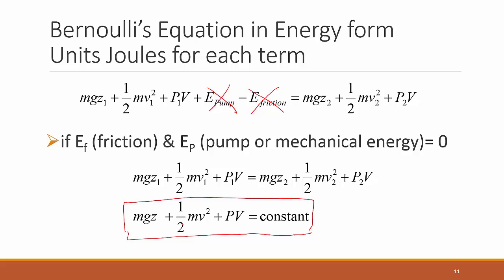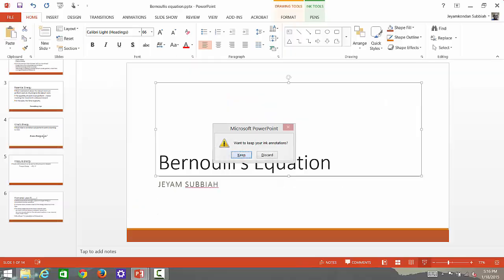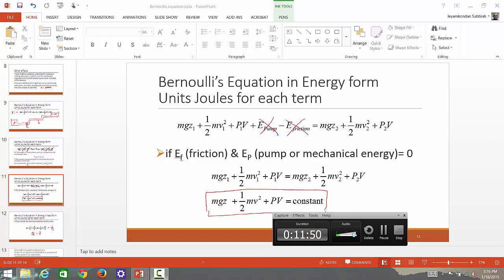And this is the energy form. We all know that half mv square and mgz are the energy terms. So you should be really conversant in using these different terms, the potential energy, the kinetic energy, and pressure energy, in all different forms, either as the head, energy, or pressure. You should be able to quickly convert between each form. So that concludes Bernoulli's